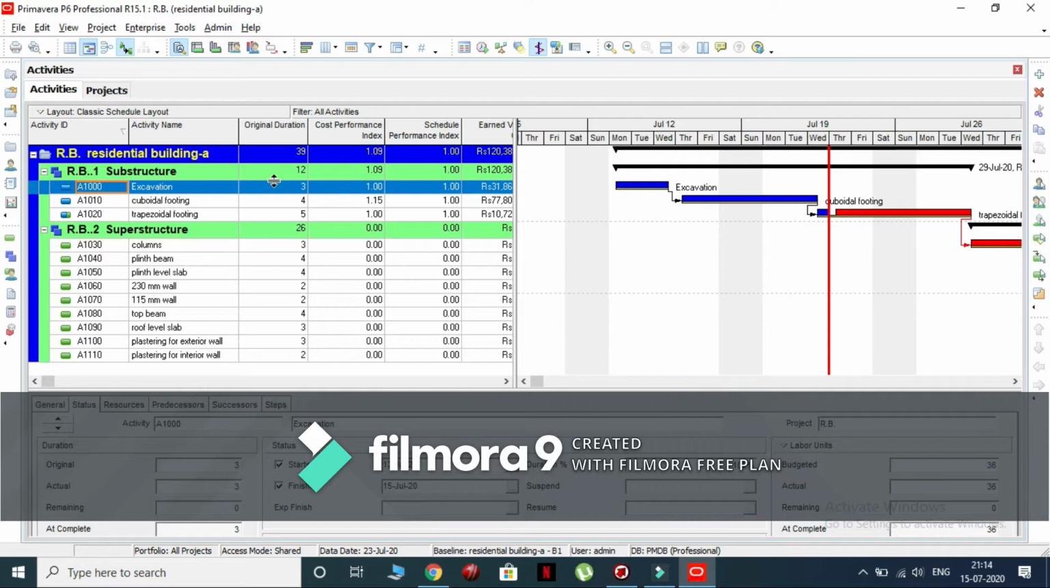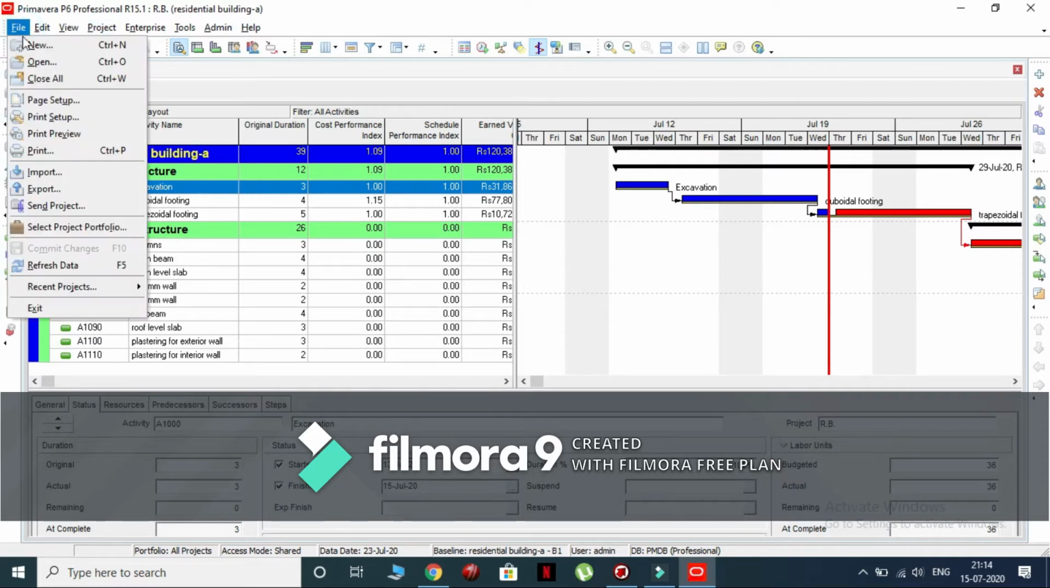We have to be sure that scheduling for the project has been performed. We will now export this project to use it in the risk analysis software. So, go to the file menu, click on the export option,